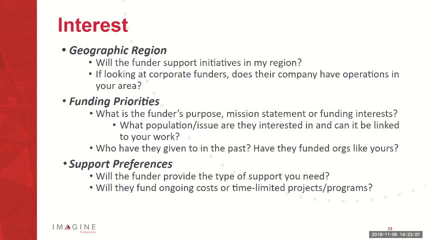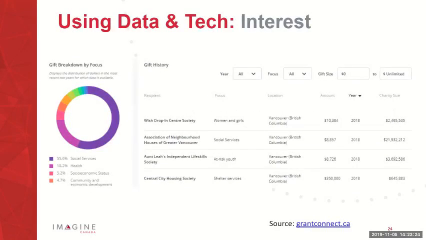Will they fund ongoing costs, or is this just a one-time project grant for our organization? And again, you're going to want to think about interest as super important, because funders have strict guidelines around all of these areas, specific to what, how, and where they can allocate funds. And to show you again how you can ascertain this type of information in the Grant Connect software,